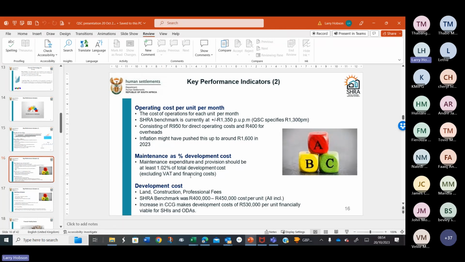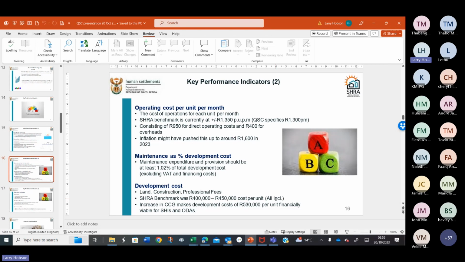Right, then the other absolute number we use is the development cost, which is the land, construction, and professional fees combined. The Schwab benchmark used to be 400 to 450,000 cost per unit, including that. But the costs have increased quite a lot since that 400 to 450 was set. So the increase in the CCG, the Consolidated Capital Grant,